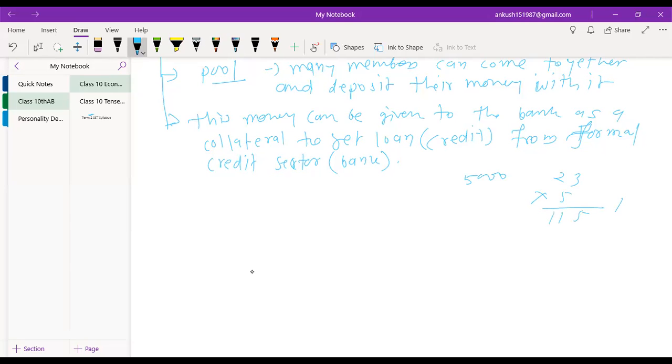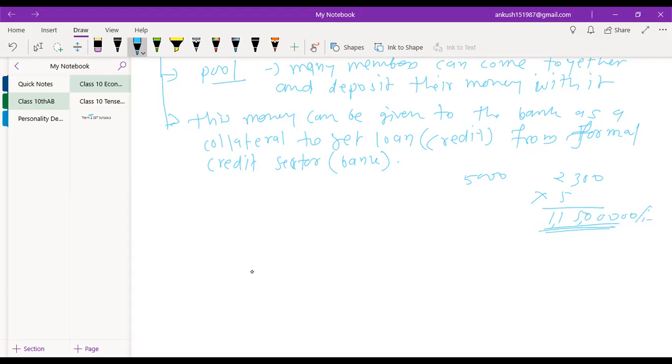Sir, 115. So 115 lakh. Yes. 1 lakh 15,000. That much only, no? Sir, didn't you say it was 2,300 people? Yes, you said 2,300. Okay, two more zeros would be added there. So this much money would be